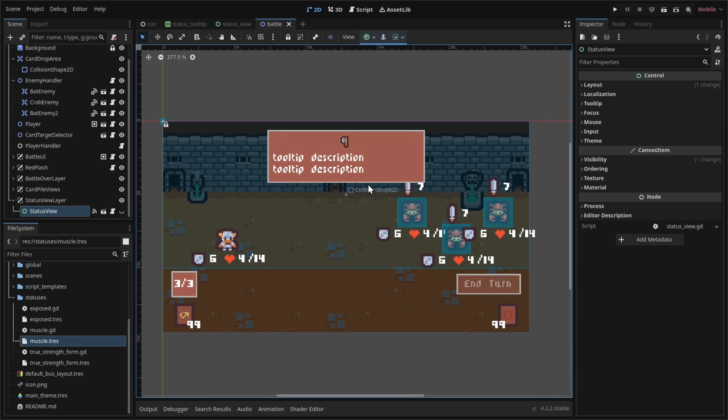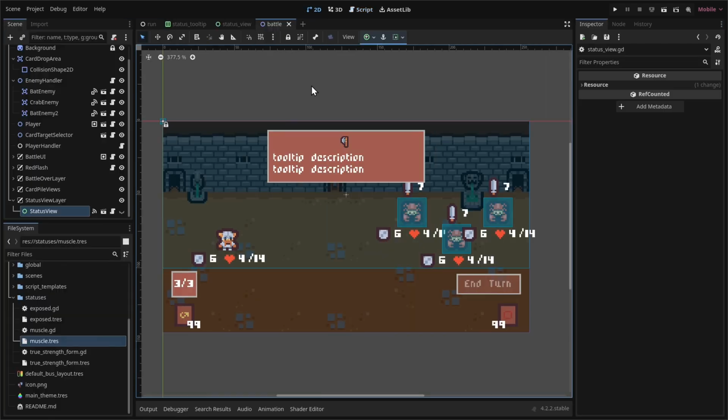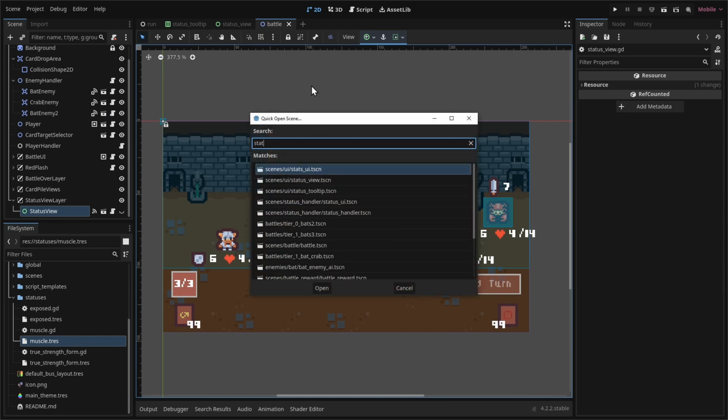And the only thing we really need to do is to actually emit the new signal we have, right? Because the status view is connected to the status tooltip requested event, but we don't emit it anywhere in the project. So where and how do we want to emit this? We want to emit this when we click on a status handler. So let's open up a status handler in 2D view. So let's go back, press Ctrl+Shift-O and search for status